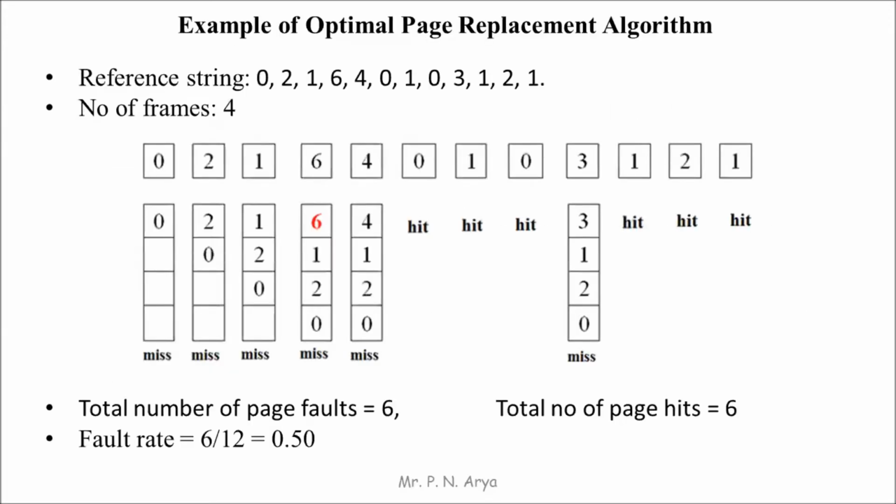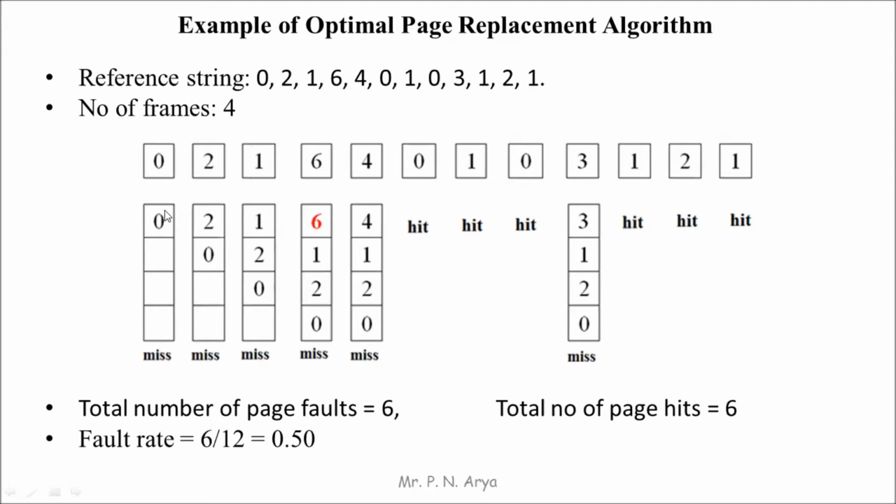So this is an example of the optimal page replacement algorithm, and we can easily understand it with this example. Here the reference string is given and the frame size is 4, so we can use only 4 pages because 4 frames are available. First, we put all the reference strings in the secondary memory or disk, so all the strings are available in the disk.